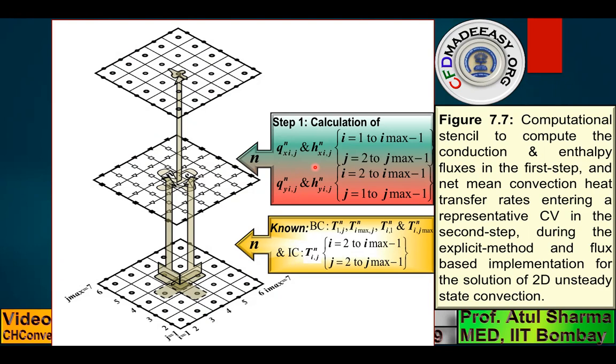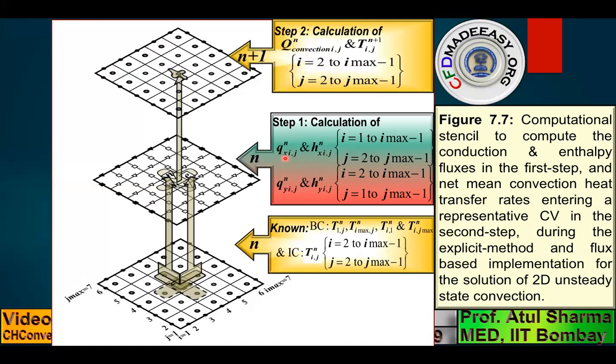The loop is used for the grid points of these fluxes which are inside as well as at the boundary. But while calculating the enthalpy fluxes at the boundary, we do not need to use any advection scheme, since we know the temperature at the boundary from the boundary condition. So we use the boundary temperature to calculate the enthalpy fluxes at the boundary of the domain. Whereas to calculate the conduction fluxes, we use the expression that was given in the previous slide, even at the boundary.